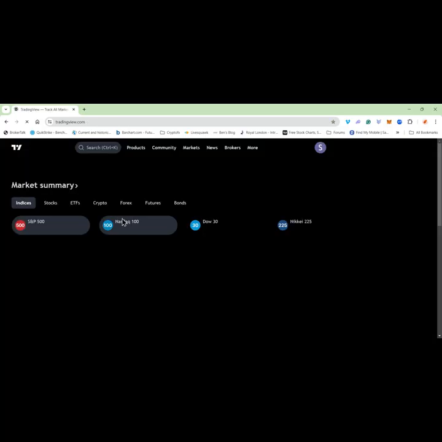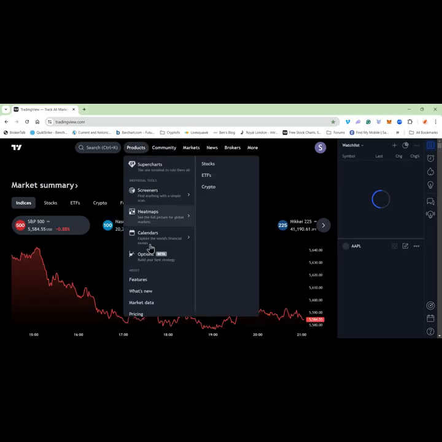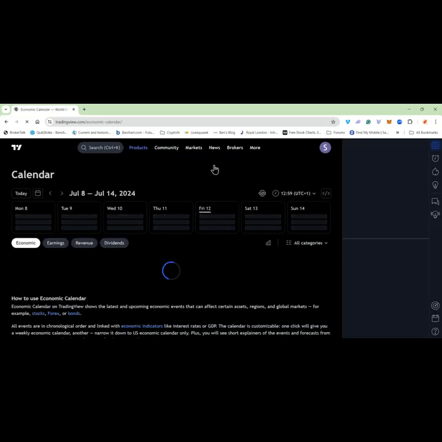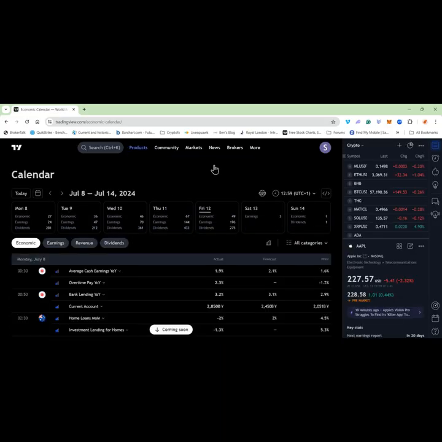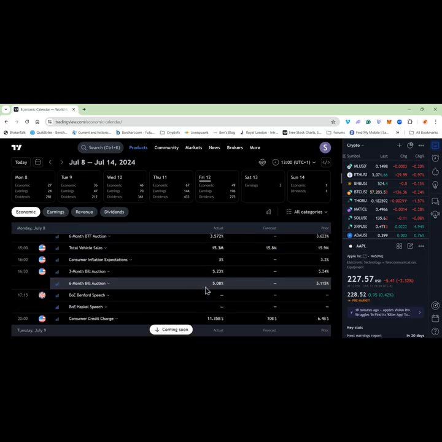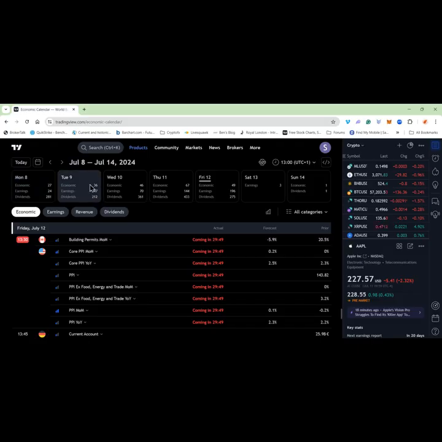So that's a mix of qualitative and quantitative. But for the pure quantitative, you go to products, calendars, and then the economic calendar. So this is when figures and data come out that we know are going to be coming out. We have an expectation. There's a big one today. That's why I'm doing this, coming soon. You can hit it. It also gives you a calendar at the top for Monday to Friday. Generally, you don't have any economic news data coming out on the Saturday and Sunday.